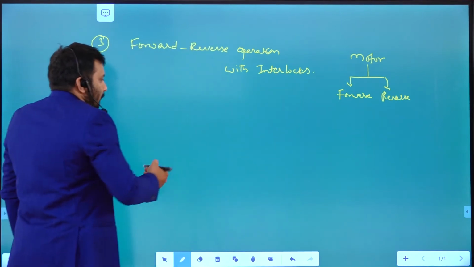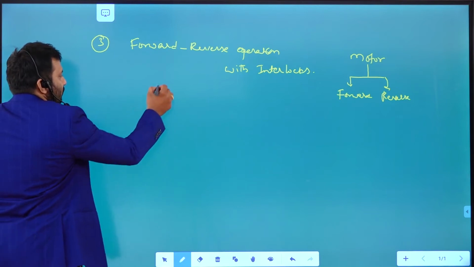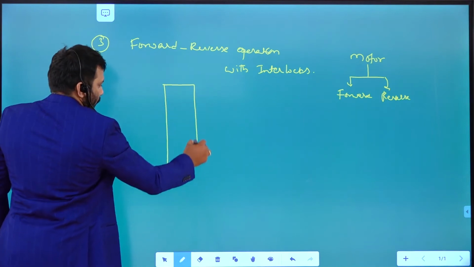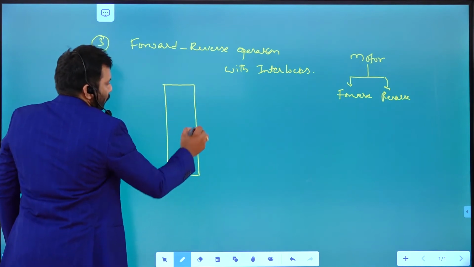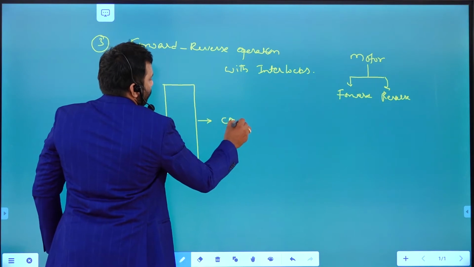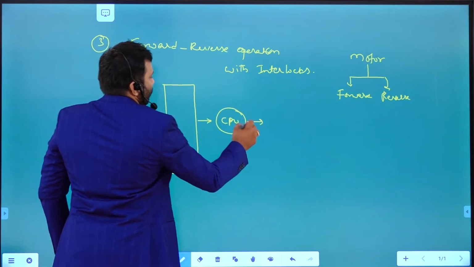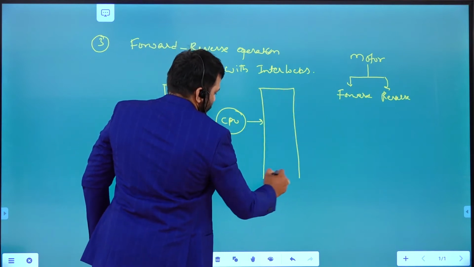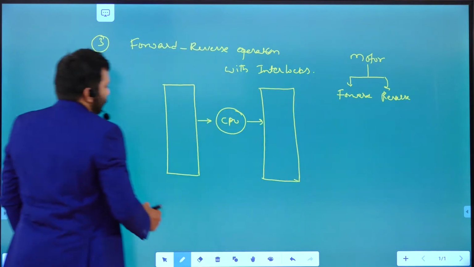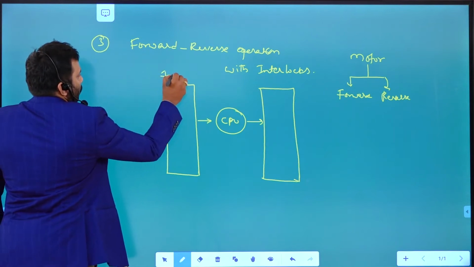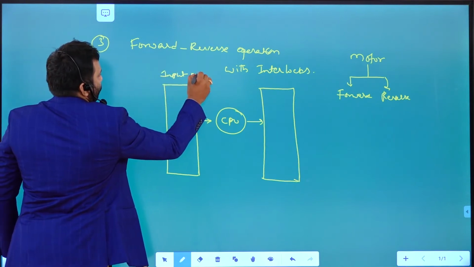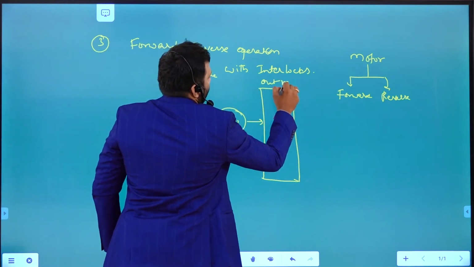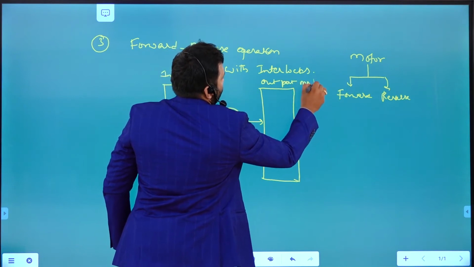First, how are we going to connect this input module to the CPU and to the output module? This is an 8 terminal input module, and this one is also an 8 terminal output module.